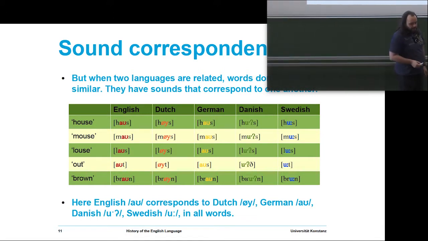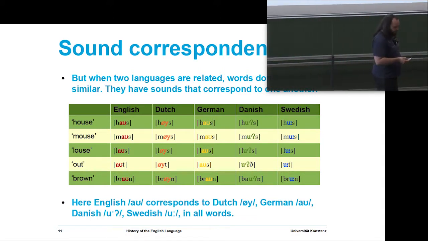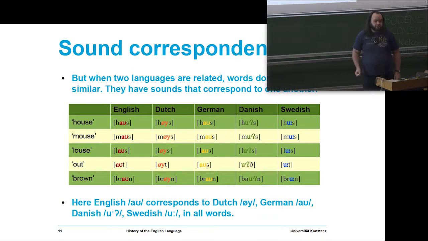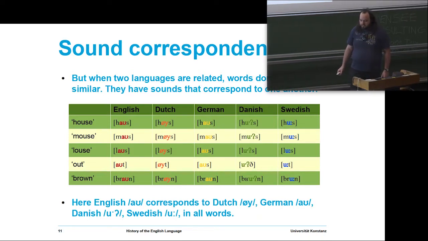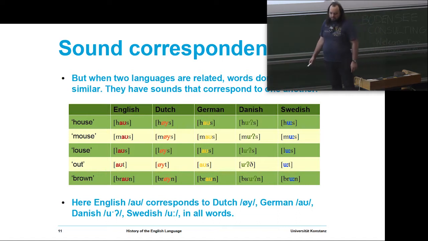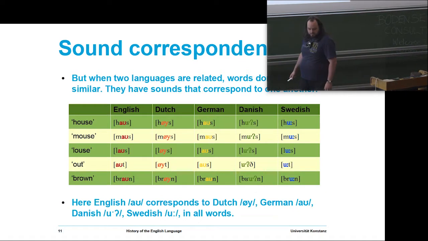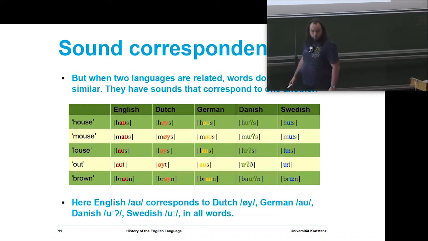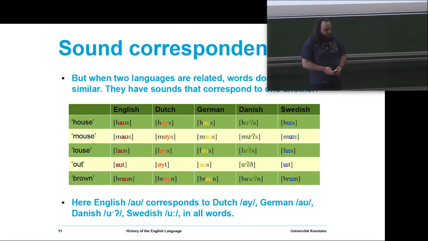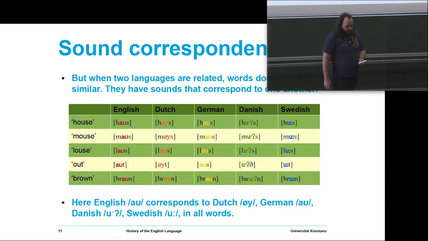Now, if you look at other languages, they have different sounds. So, for instance, Dutch has an ö sound here. German, au, it's a bit more, a bit lower perhaps. Danish, I'm not even going to try and do that one. Swedish has a u. And what's really striking, as you can see from the color coding, is that these